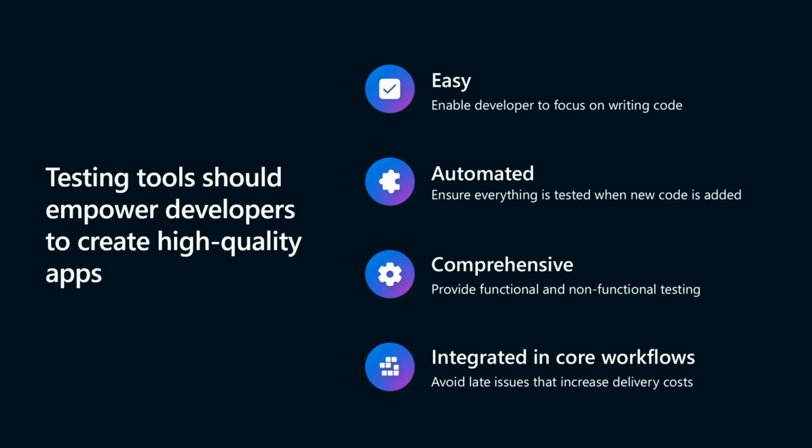Testing should be comprehensive. The app should have all kinds of tests written. These can broadly be classified into functional and non-functional tests. Both types of testing are crucial to deliver the quality of the application that not only meets the functional requirements, but also performs well in the real world in terms of security and a good user experience.